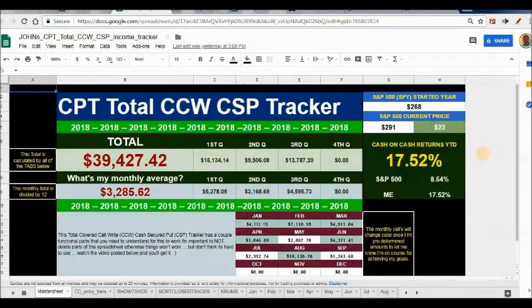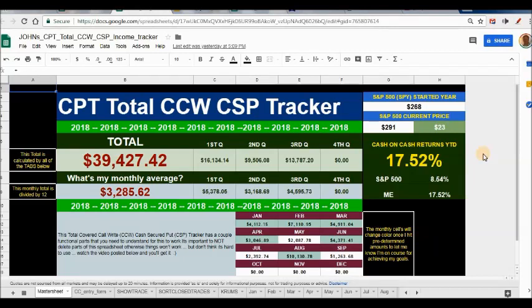Look, right now I've made $39,000 this year. If you remember, my goal was $50,000. Look, when I started this, all I wanted to do was make $1,200 a month. This was supposed to be an experiment in life. Could I, in retirement, make about $1,200 a month so I can make the ends meet? This is turning out to be much more than that. And right now I'm on pace to hitting $50,000.